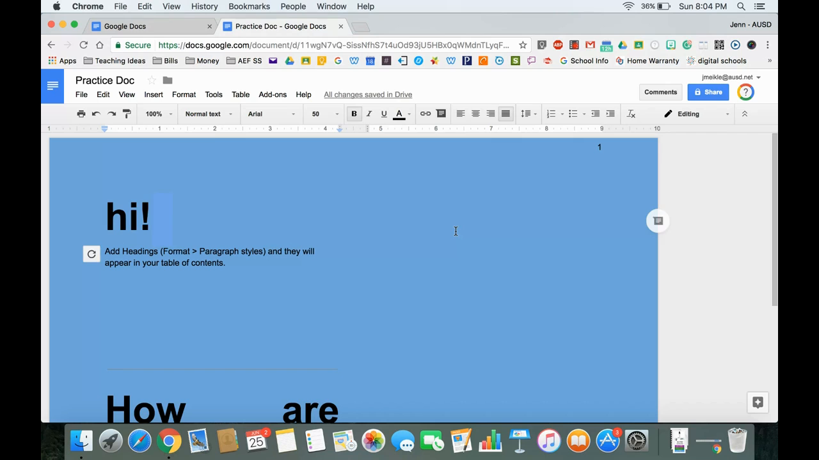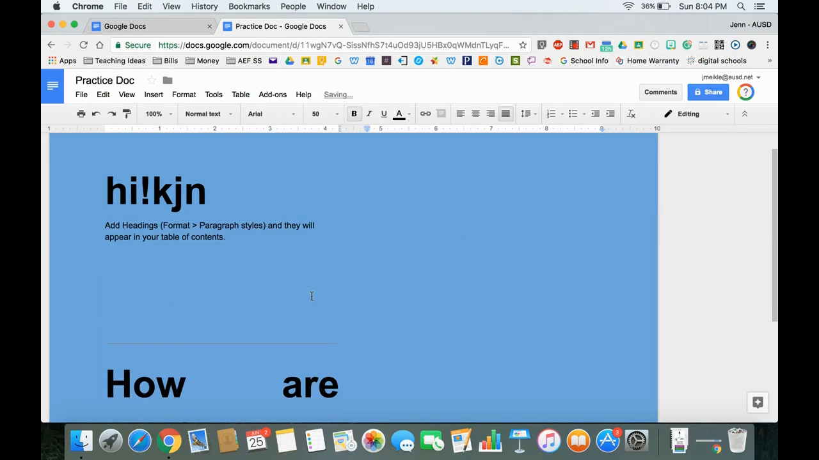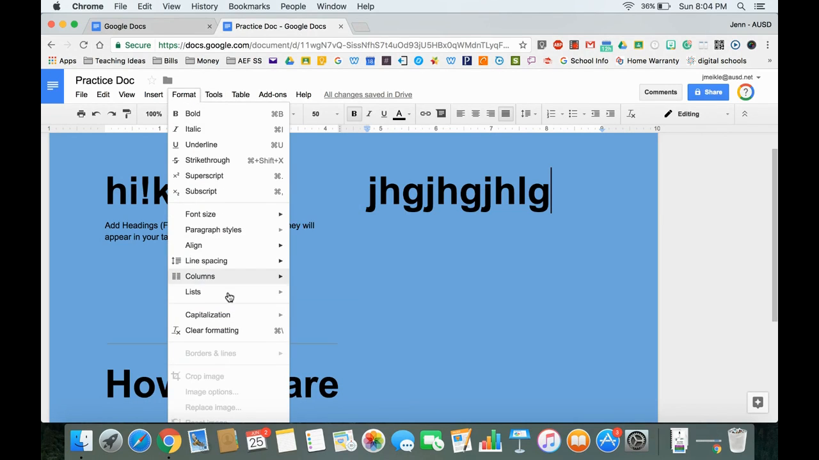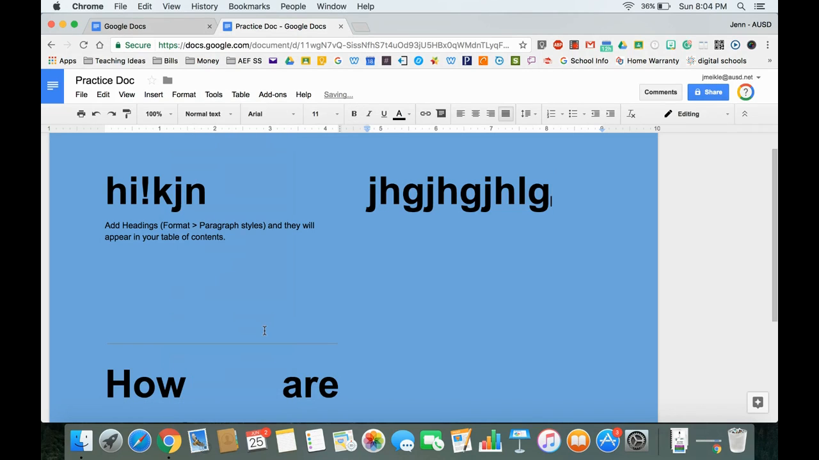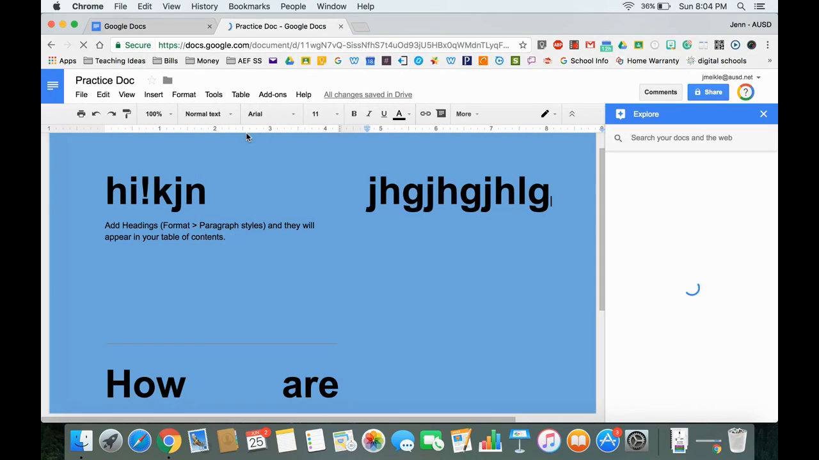So if I want to create a second column, I just click enter, and instead of going to the next page, it will go to the next column, and I can add my extra typing. If I want my capitalization changed, everything capitalized, everything lowercase, and again the clear formatting button that you saw on your toolbar. For tools, you have your spell check, your explore, you can search your document,